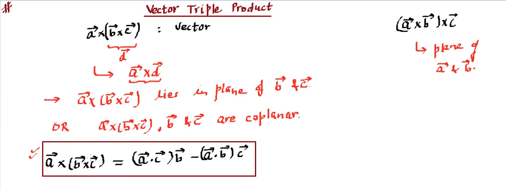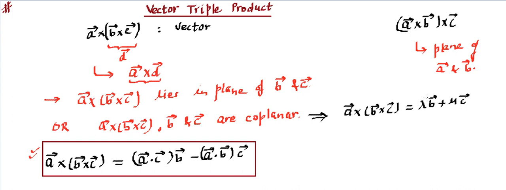Okay, now this also says something: if three vectors are coplanar, then coplanar vectors can always be written as a linear combination of the other two. Meaning this, let me extend this point itself. Suppose this is the statement which says A cross B cross C, and B and C are coplanar, which also indicates that we can always write this vector, A cross B cross C, as a linear combination of the other two vectors. That means we can write it as some lambda times B vector plus mu times C vector.